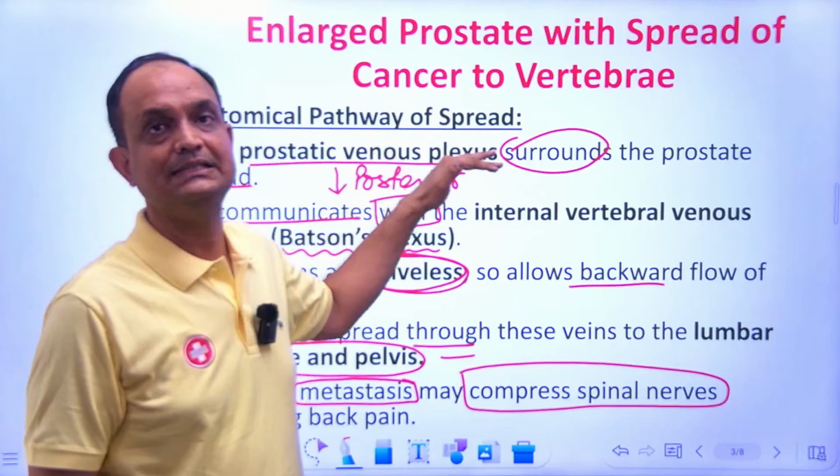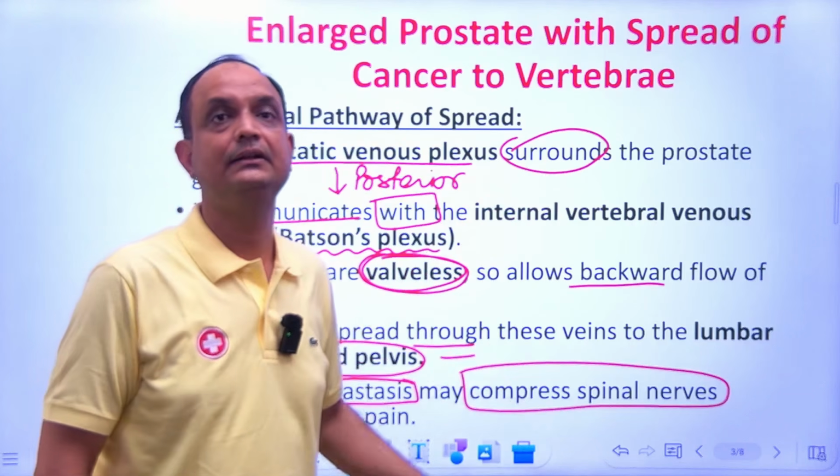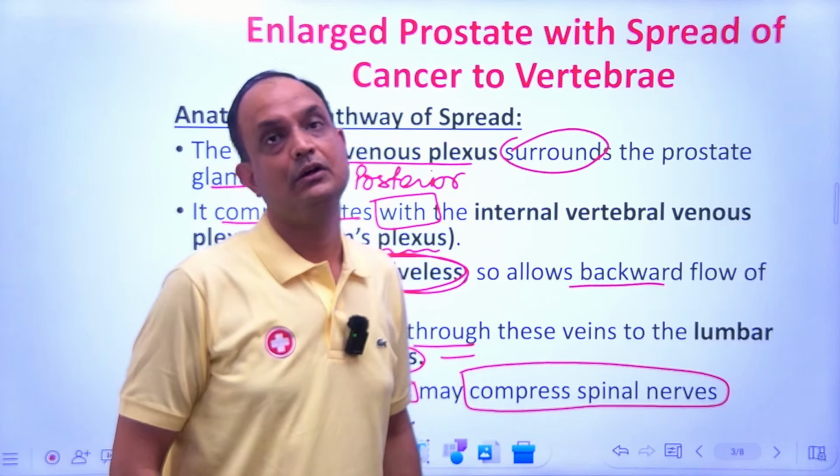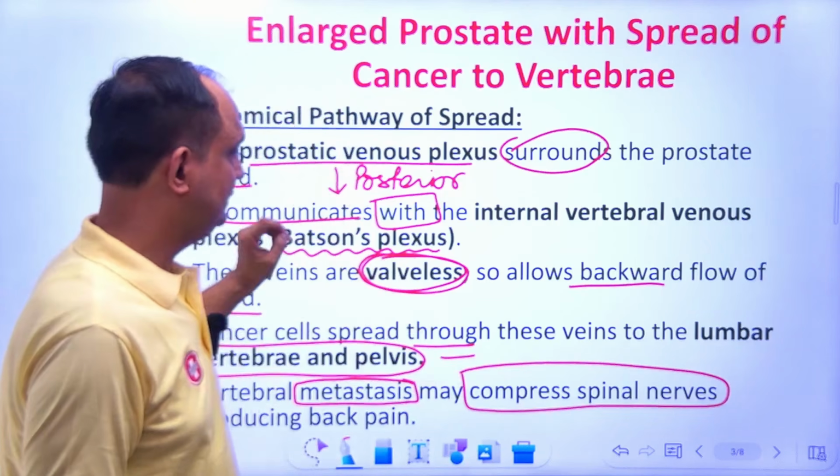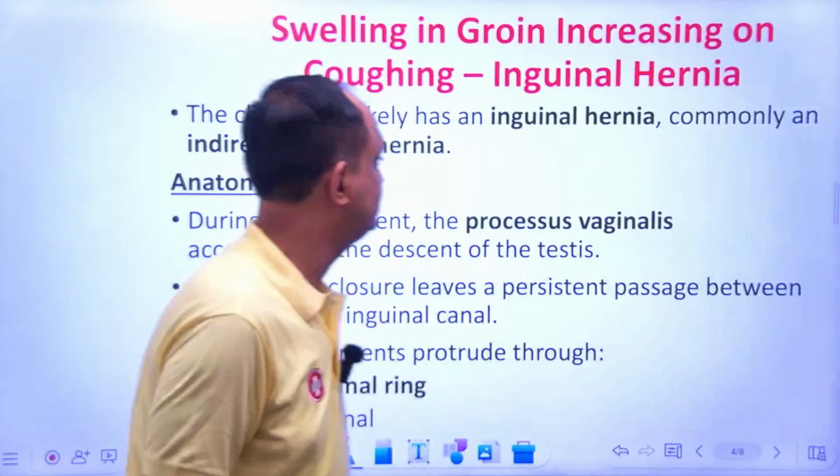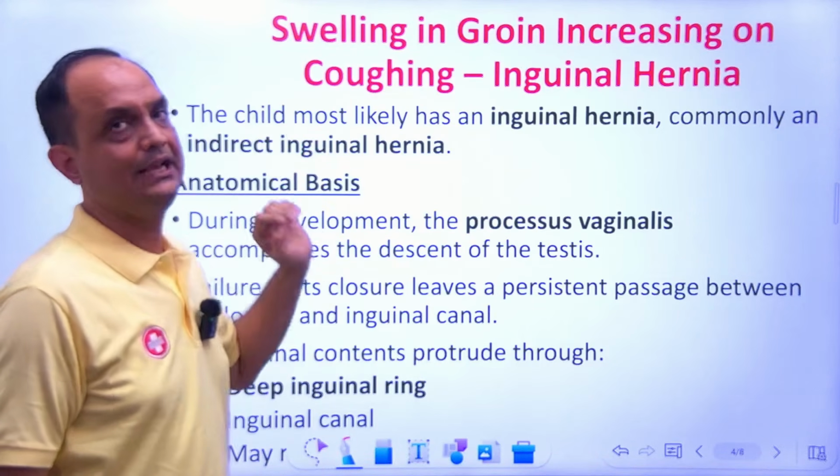So the cancer cells from the primary site enter inside the vertebral column. Clear? So this was the first question. Now we move to the next question. Now in the next question